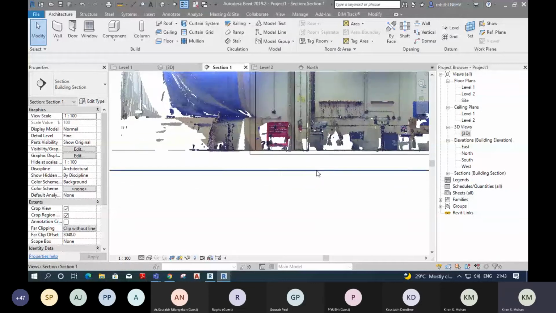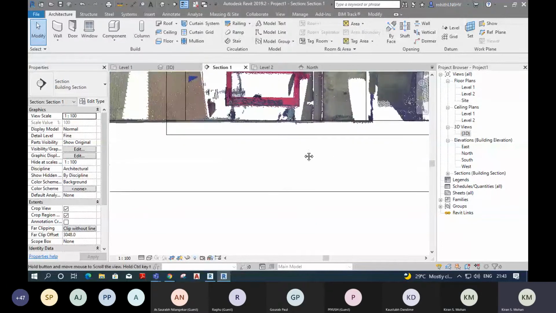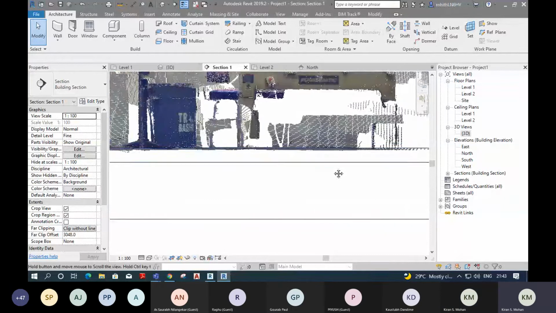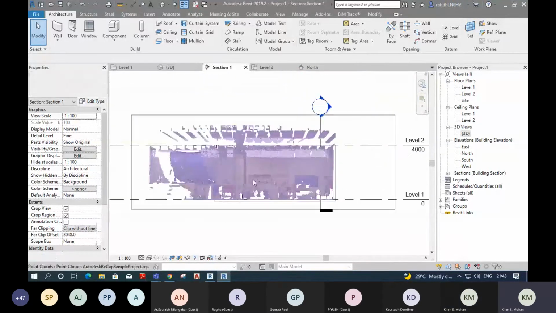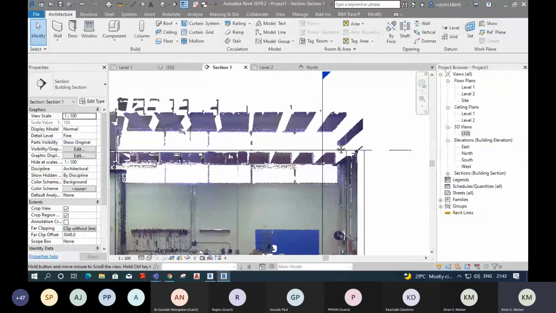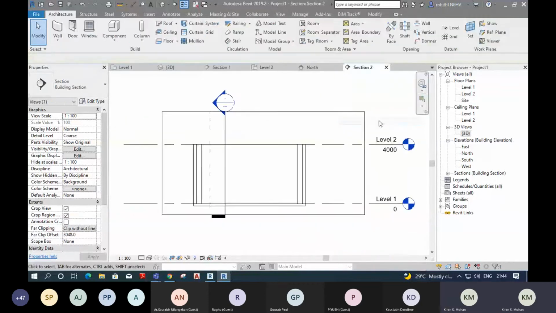Actually, we have to make the roof also, but for placing the roof floor, we don't have much information. So again, go to section 2, because in section 2, we will get some information maybe. Actually, the joist is almost connected with level 2. We don't know the exact location. In this case, you can select level 2 as the reference for the top floor. So go to level 2.